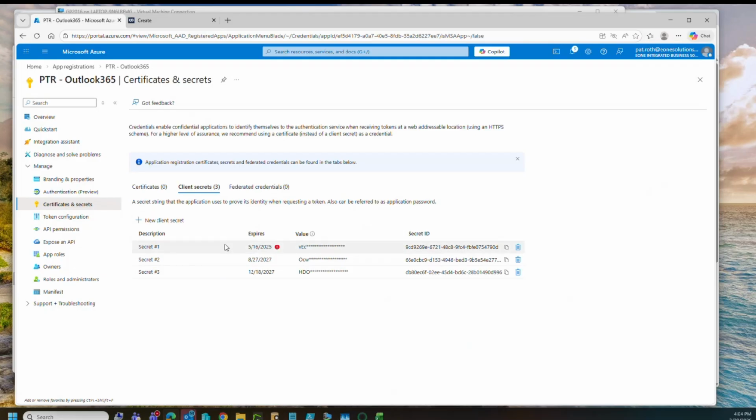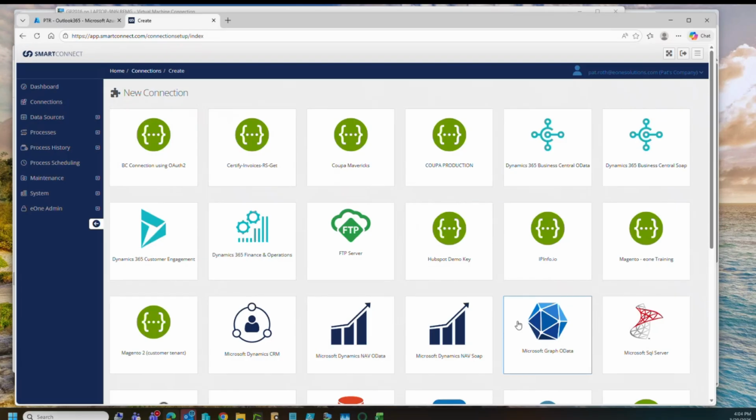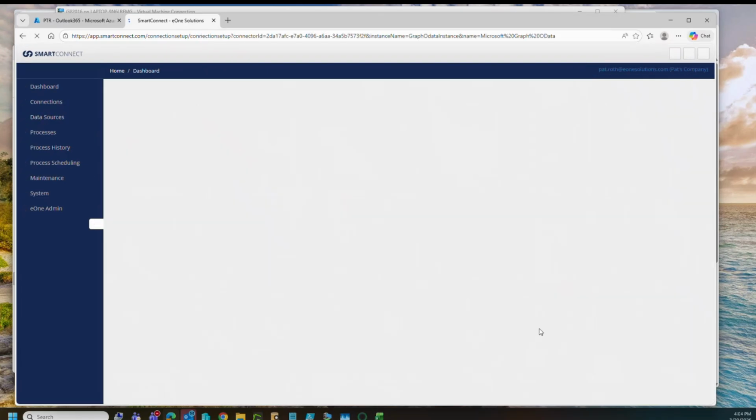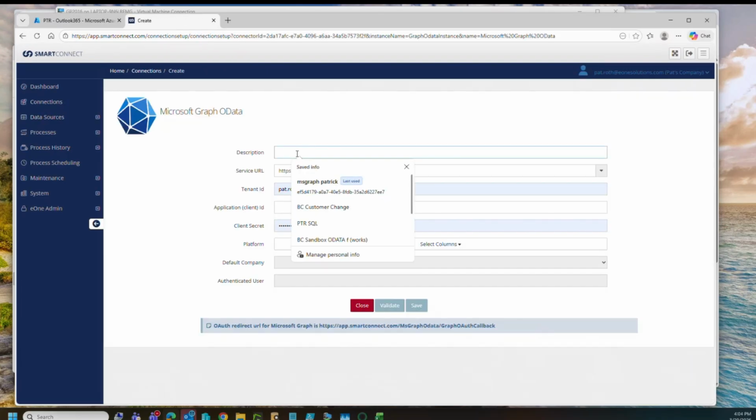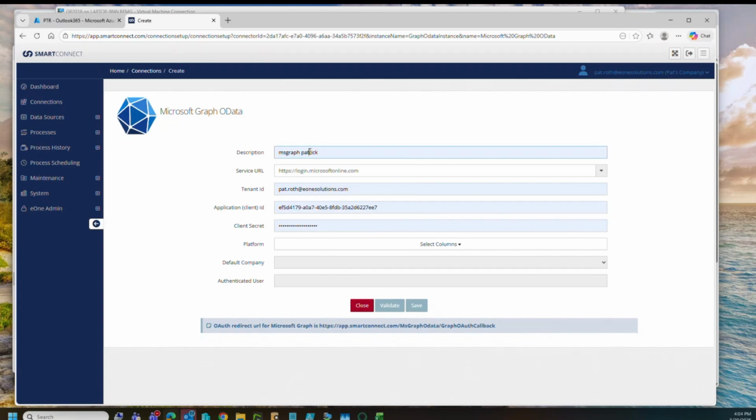So anyway, again, it's working fine. It's authenticated in my on-prem. Figured I was in pretty good shape. I would just go into SmartConnect, create connections, do MS Graph. And if we look at it,